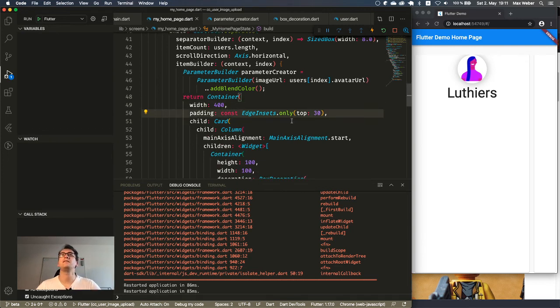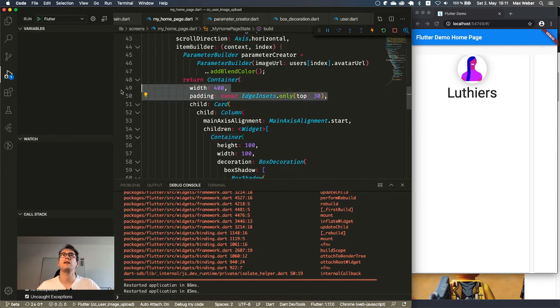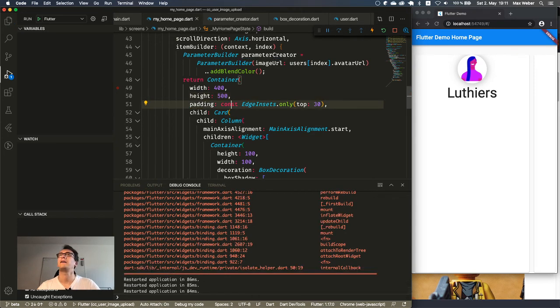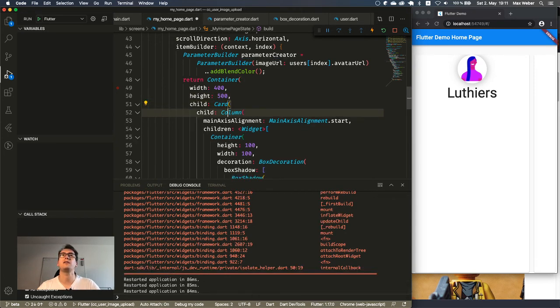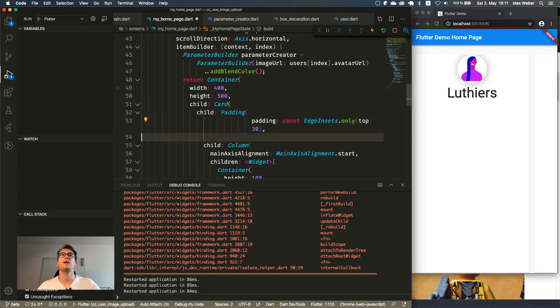And for that we had this padding around, but the padding is now not valid anymore because that container with that width and height is maybe apart. We can give that a height, right, from 500 max. And this padding we should have inside of the card. So give that a padding and add that here.